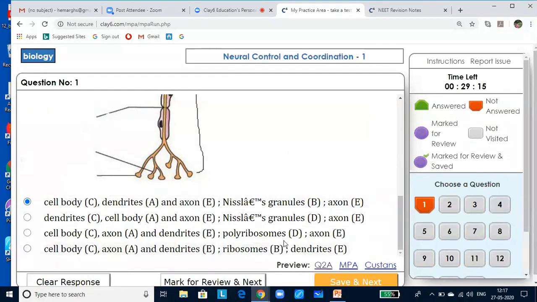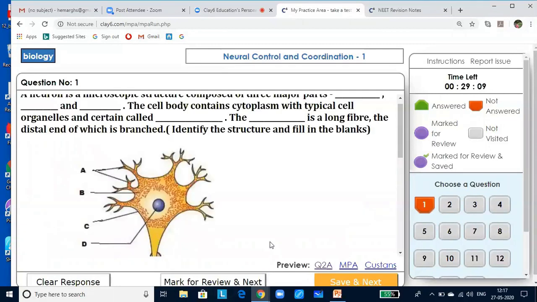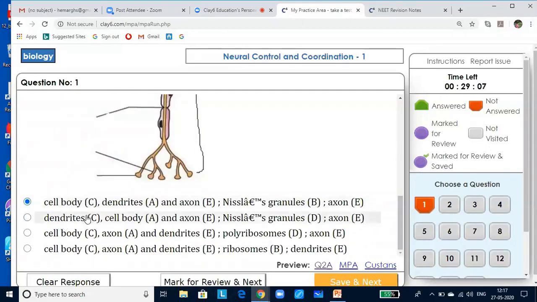See, when we are doing this, time is very important. You can't be analyzing each and every choice for questions like this. The minute you identify the first thing, see what all have the first thing in common. Then you limit your choice. Once you limit, look for the second criteria. Here I found it is dendrite, and dendrite is not found in the other choice. So I am sure that this is the answer and so I am clicking it.